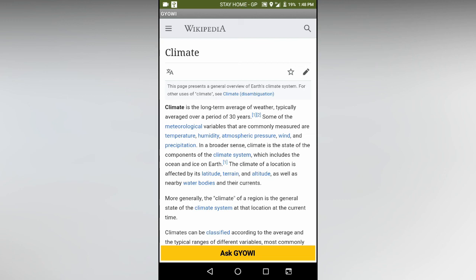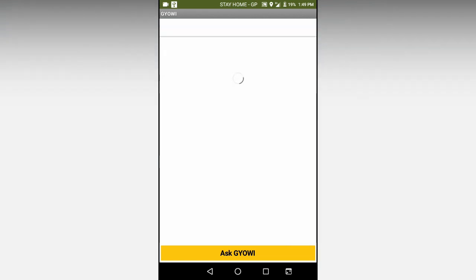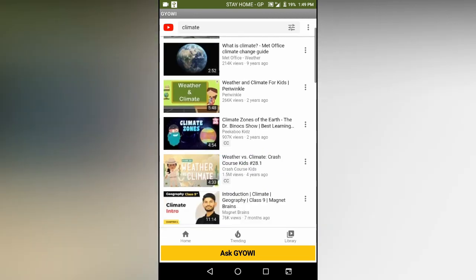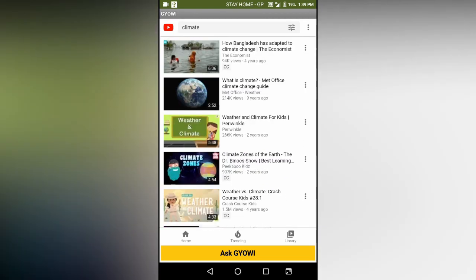See, climate YouTube, and now see, it is redirecting to YouTube. Okay, so you can also log into YouTube in the app, and like this you can create your own